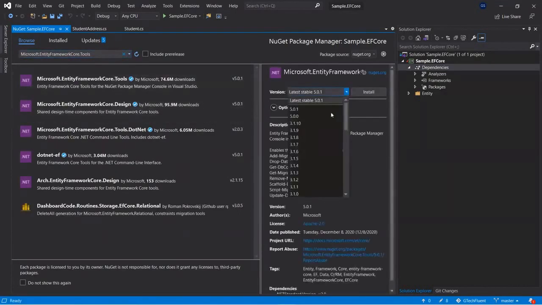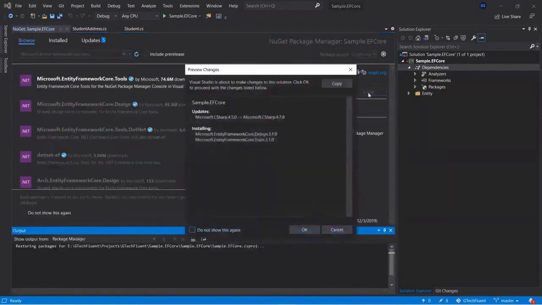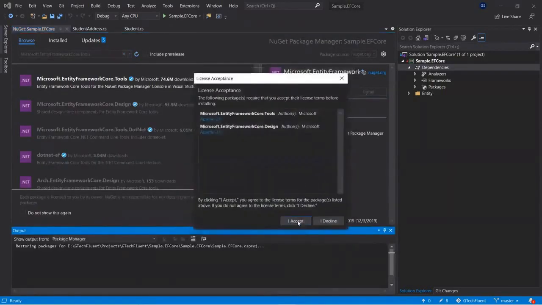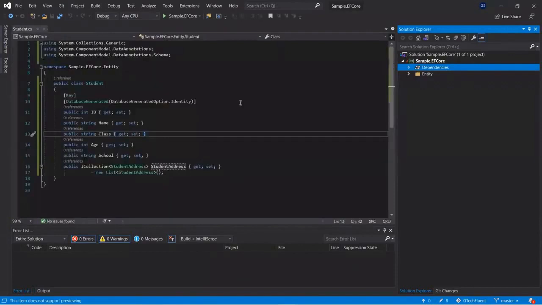Select the appropriate version, as we are using Entity Framework Core 3.1. So this is the version we need to choose, and click on install, accept, accept. So now we have installed the tools package into our Entity Framework Core application.